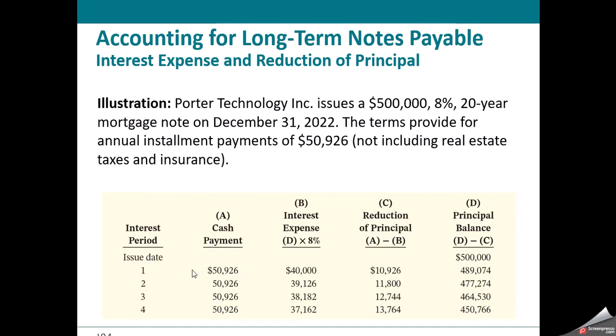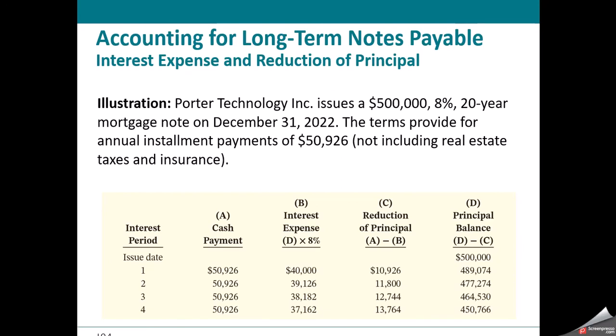Yeah, so these are large amounts. So annual installment payments of $50,926. The amount of interest that comes out of that is $40,000, and the principal is $10,926. If you remember, again, back to business analysis with algebra, and you wanted to use your calculator, you could